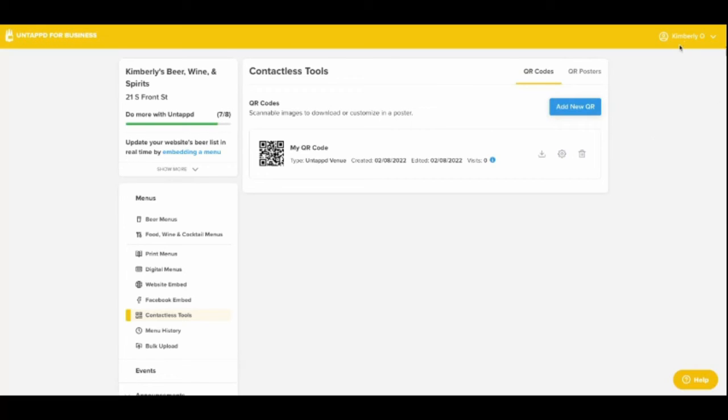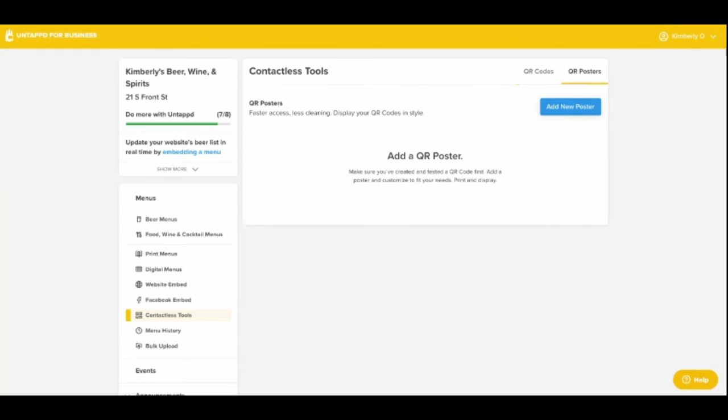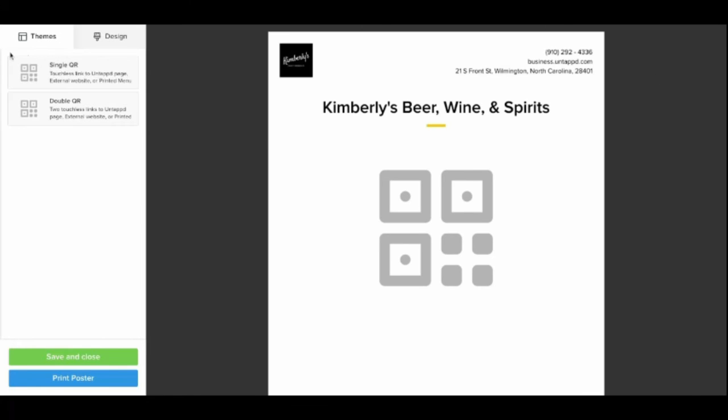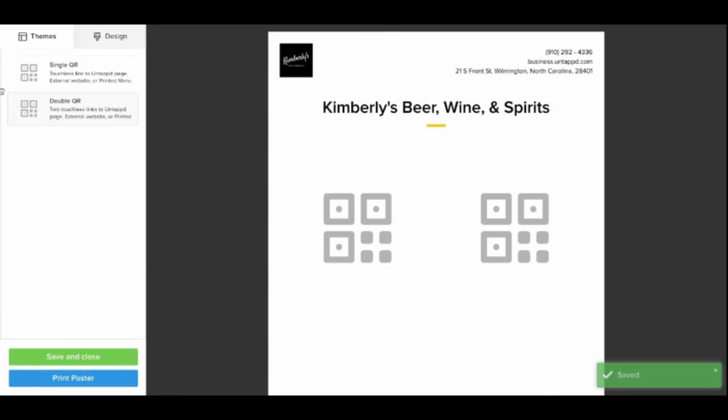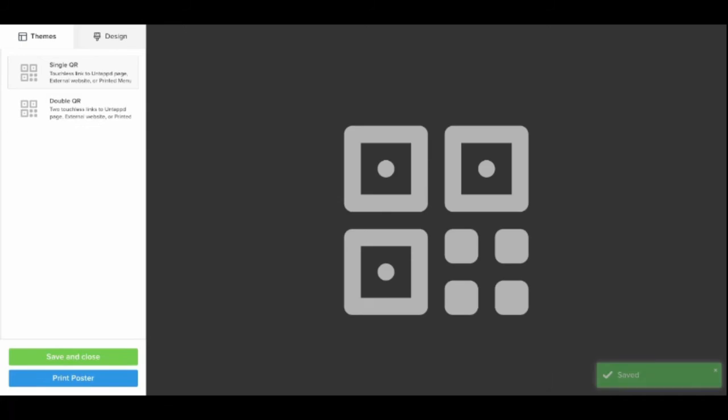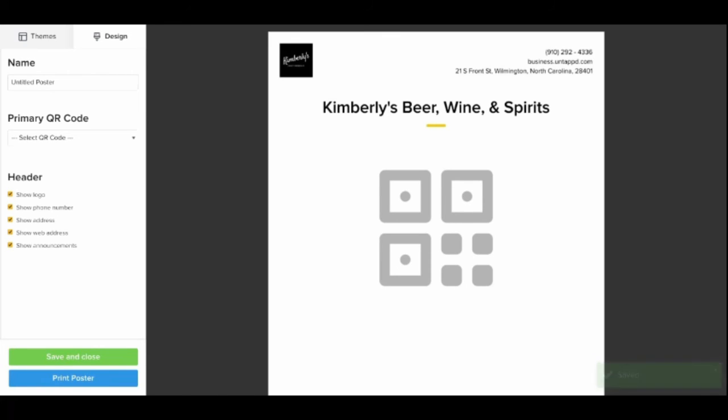From the same screen, you can also add a QR poster. Click the tab in the upper right-hand corner and the Add New Poster button right beneath it. You can choose to print out either a single QR code or a double QR code. When you've made your decision, go ahead and click the Design tab in the upper left in order to get this set up. Under QR code,